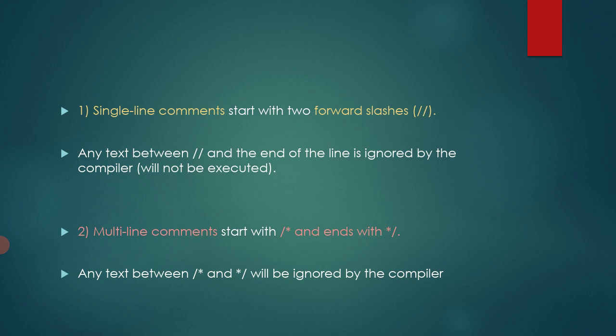Single line comment. Single line comment means when you have to write your comment in only one line, you cannot move to the next line. So if the name of your program has fewer characters, or if the name of your program will fit in one row, then you can make use of a single line comment. But if it is very difficult to manage comments in a single line, then you also have the privilege to write your comments in multiple lines. You can even write your comments in 2, 3, 4 or 5 lines, up to your choice.